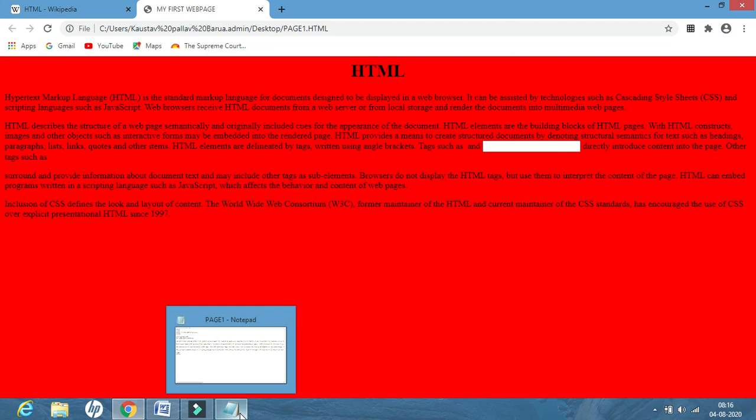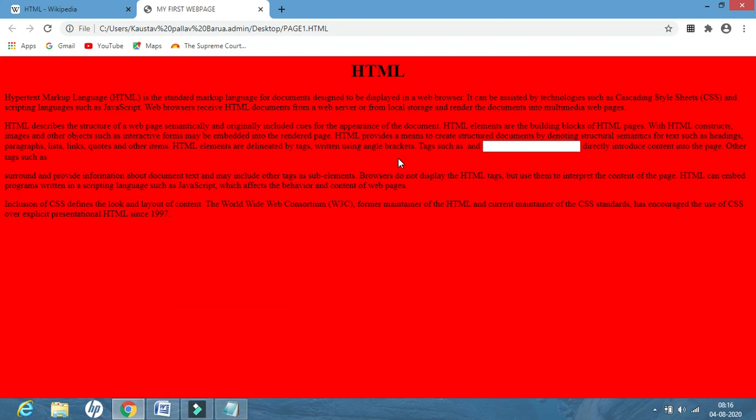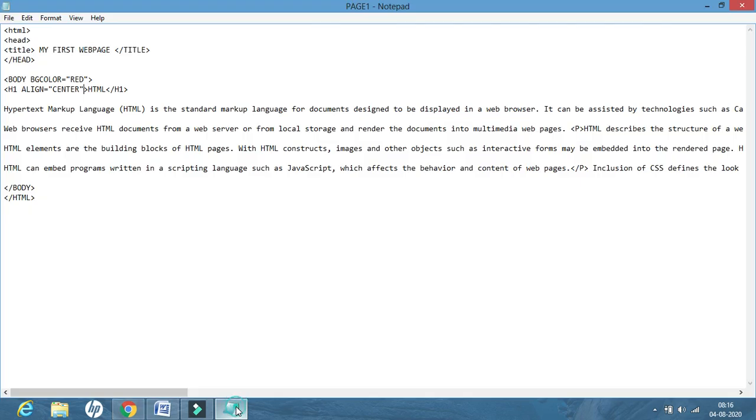Next, if I want to change the color of the fonts, what will I do? I'll make use of the font tag. So what are font tags? Suppose here I want to change, so I will use the font tag. Now this font tag has 3 attributes which are used along with the font tag only. Not necessary all 3 you will use together. Whichever you want, you can use it.